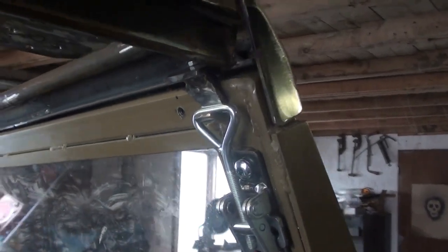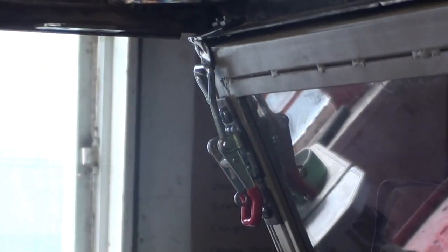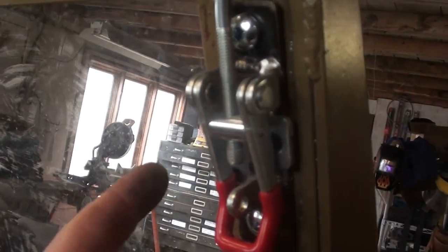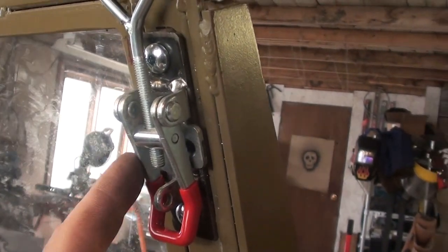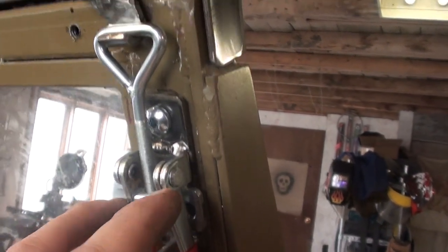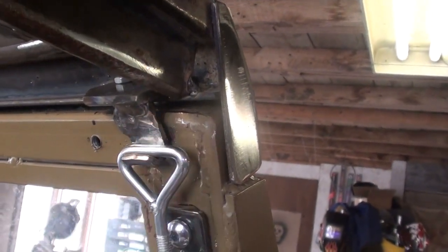So I finished the clips on both sides late last night. There's the driver's side. I'm not totally happy with the way it turned out. The little hooks in particular, I didn't want to obstruct any more of the view of the windshield, and honestly these toggle clips could have been over maybe 1/4 of an inch or even 1/2 an inch. But to be able to bolt them on the windshield frame, they kind of had to be centered, and that made it so I had to make these clips over, and they're a little further over than I would like,